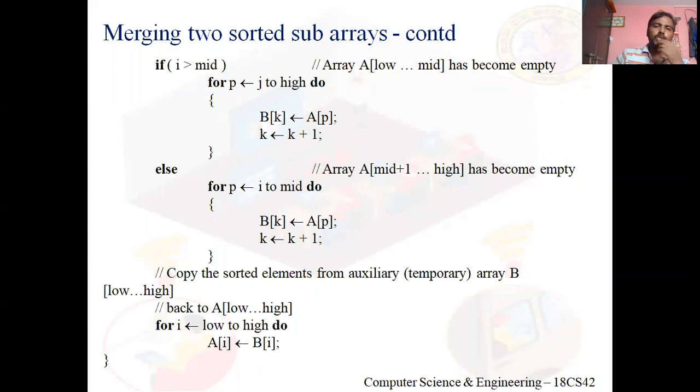So here I've used auxiliary array B to store sorted array elements temporarily. So finally I will copy it to A. This is the merge sort. So B is an array which occupies the same space as A. Extra space B is consumed, which is the same as the memory of A. So it's not in place.